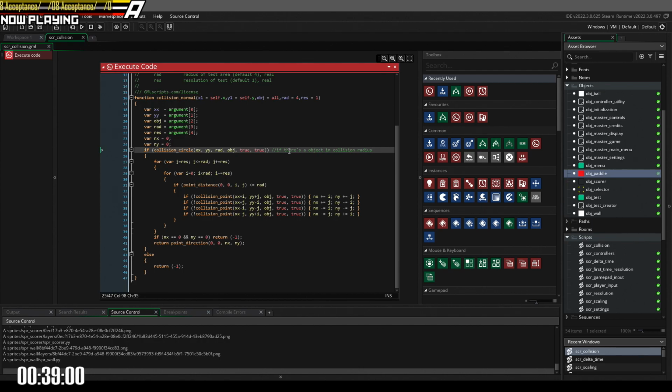J is equal to resolution, so J starts at 1. J equals 1 to 4, increasing by 1. For I, if the point distance from 0 to ij is less than or equal to the radius, which is 4,